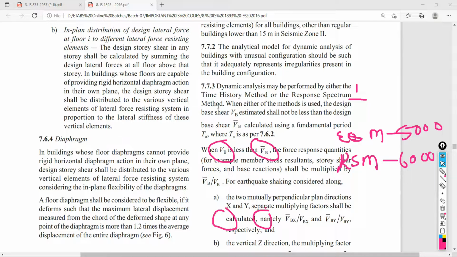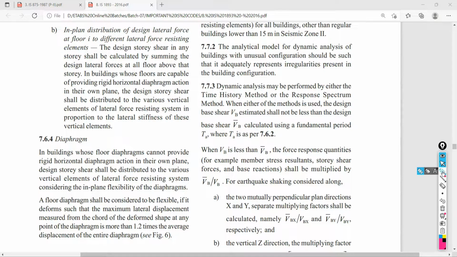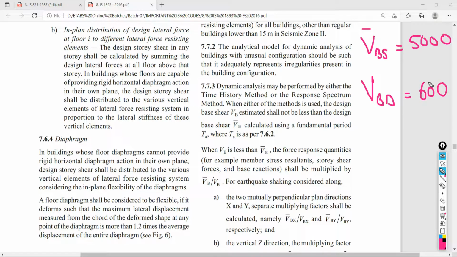So suppose VB dash, static, is equal to 5000, and VB, which is dynamic, is equal to 6000. Yes, sir. Suppose this is the base shear, just for example.